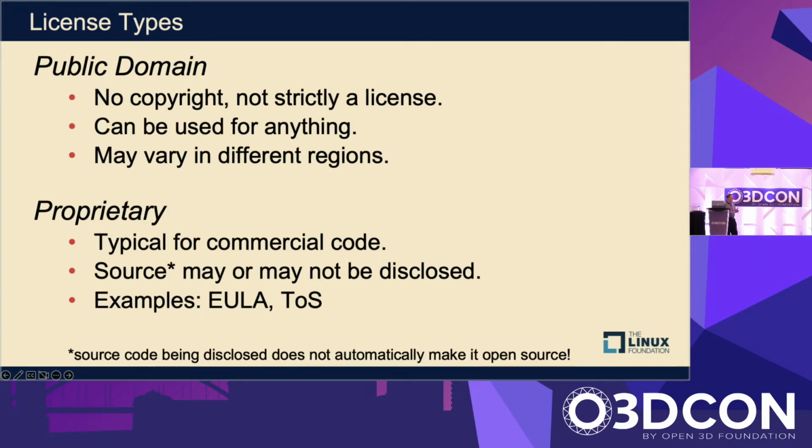There's also public domain, which is, there is literally no copyright. It's not actually a license, but it basically means that all copyrights have essentially been disclaimed. And there is proprietary code. There's no end to the number of proprietary licenses out there. Again, that's obviously not open source, but any commercial enterprise that's selling a product is very often selling it under a proprietary license. Most people know of these as a EULA, the things that you click on when you accept that you're using something, for example.